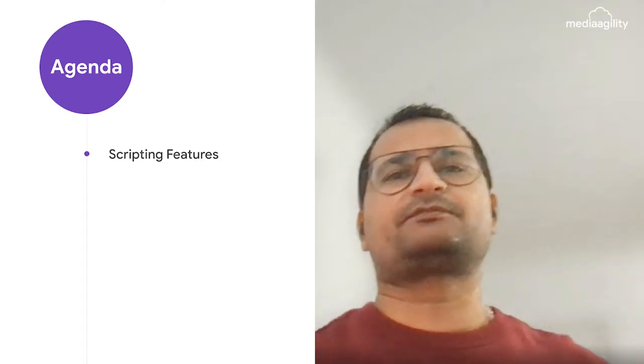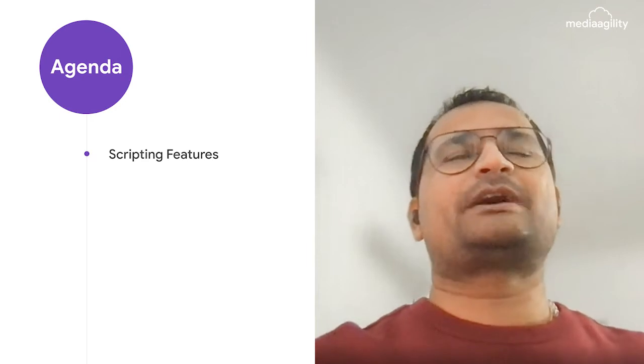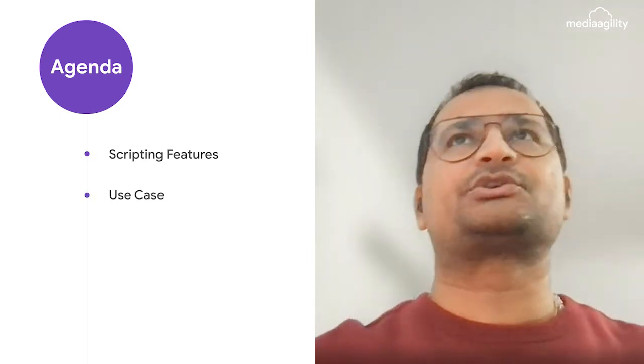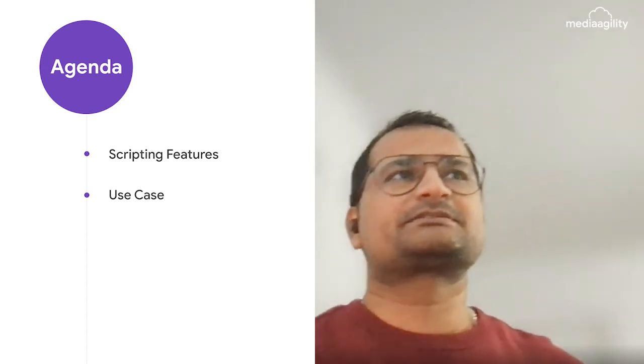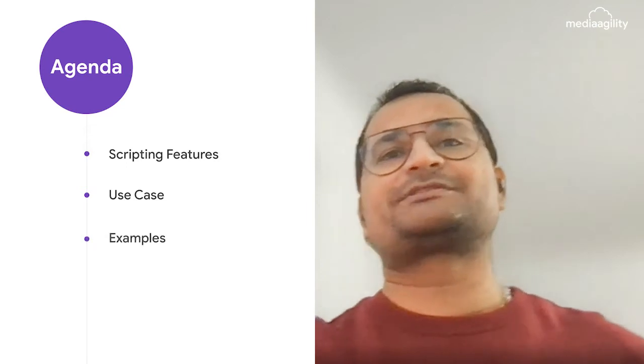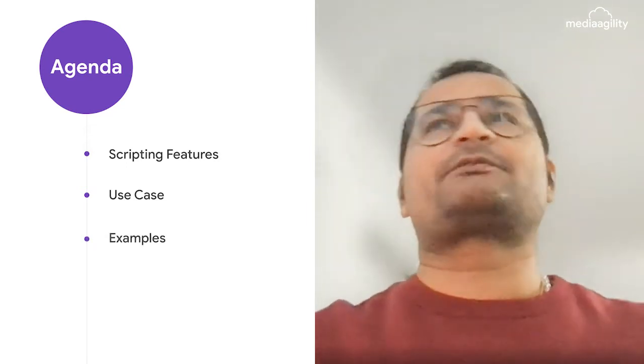BigQuery has a feature of scripting your queries. You can use a script feature to query. So I'll be talking about that. And the second thing is how to use information schema, which is also one of the tables BigQuery provides, using which we can try to find out some slots. We can try to find out whether our query is performing slow or not.